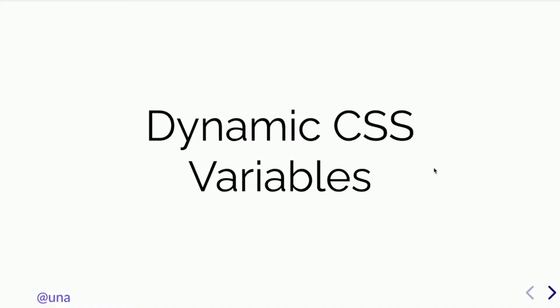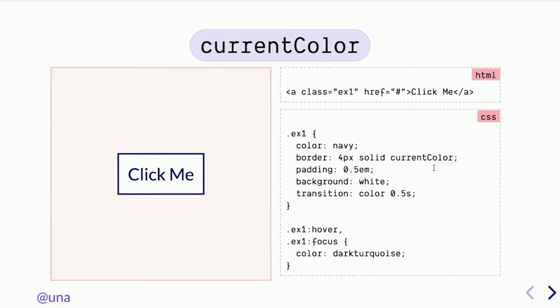So let's start with dynamic CSS variables. Now there's a few different types of CSS variables. The first one is currentColor. And currentColor is pretty cool because it is very well supported. So here's an example of using currentColor. In this button, I have currentColor specified as not just the color on the text of the button, but also as the border. So I'm using it to adjust the border, and when I use a hover or focus state on this button, so here I'm hovering on it, you can see that I'm updating this color value to dark